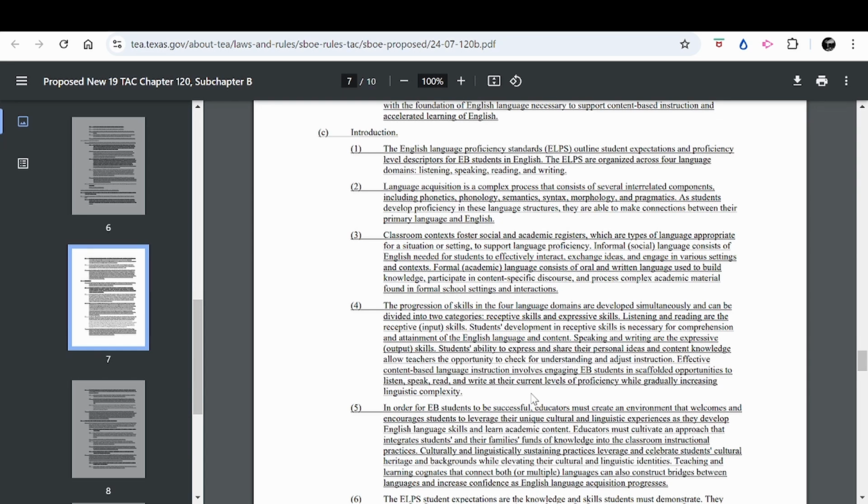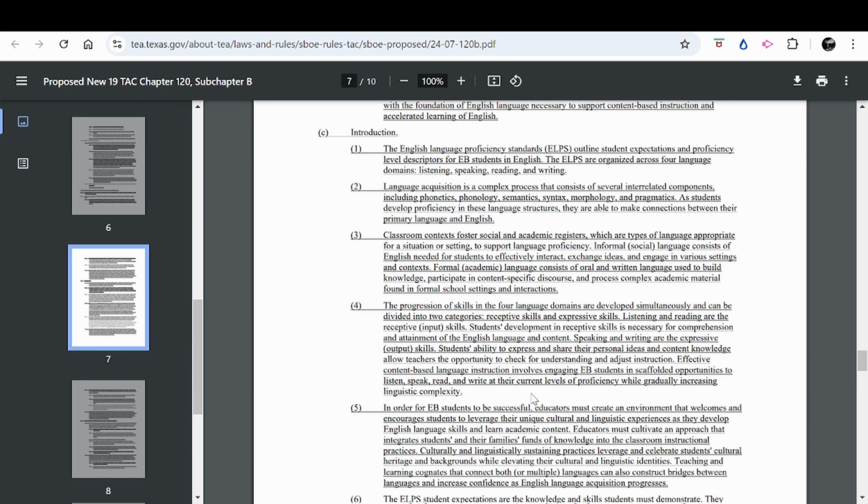See Introduction. Number 1. The English Language Proficiency Standards, ELPS, outline student expectations and proficiency level descriptors for EB students in English. The ELPS are organized across 4 language domains: listening, speaking, reading, and writing. 2.